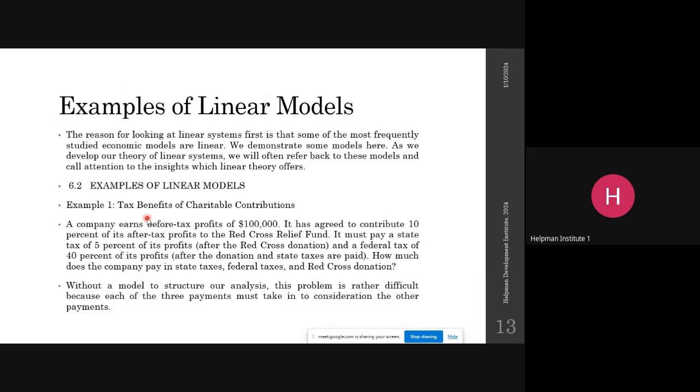It must pay a state tax of 5% of its profit after the Red Cross donation, and a federal tax of 40% of its profit after the donation and the state tax are paid. The question is, how much does the company pay in the state tax, federal tax, and Red Cross donation? So in this case, we have to do the computation of the state tax, the federal tax, and the Red Cross donation. So with the knowledge of set theory,